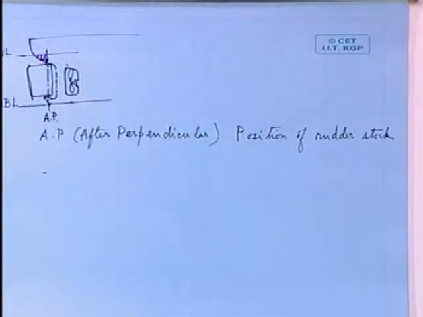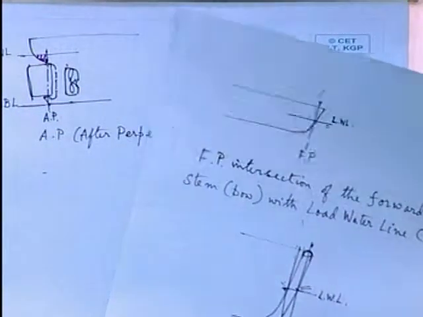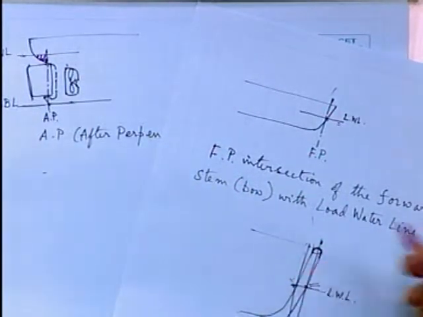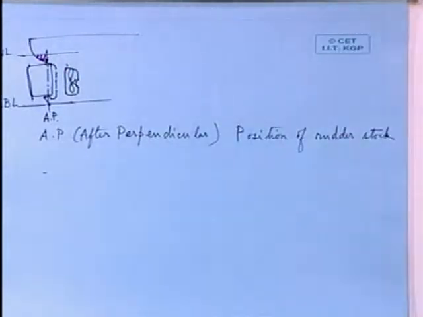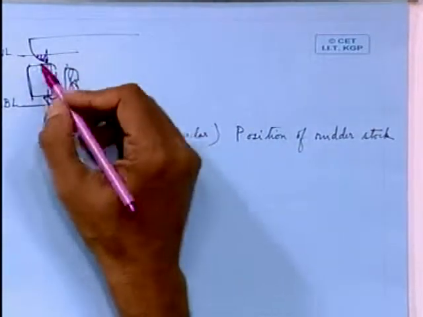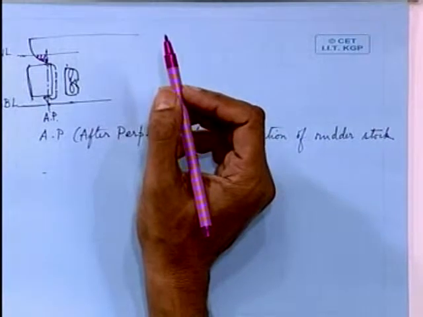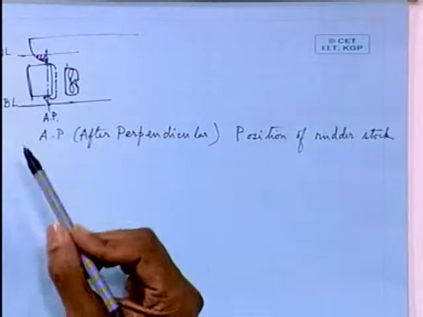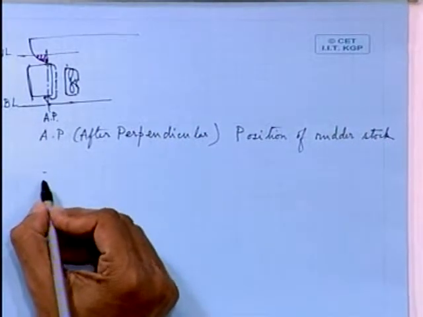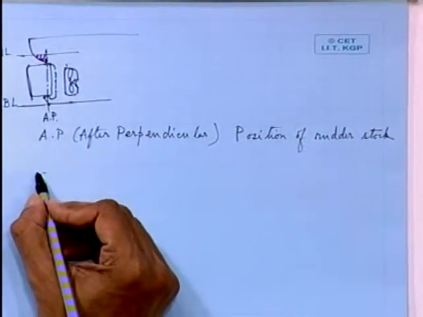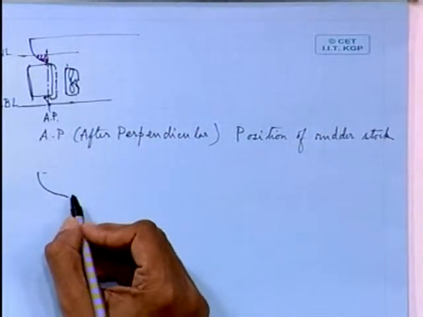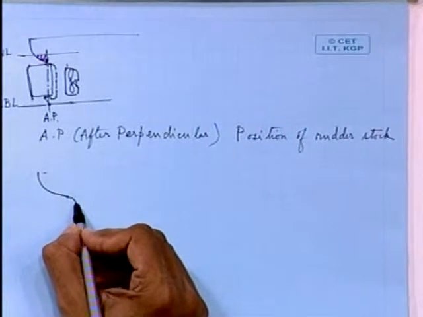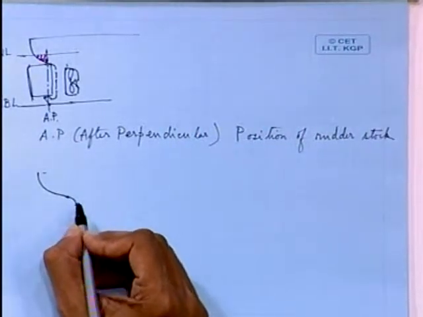Like in the definition of your forward perpendicular, you are making some excess volume because of the stem bar, and here at this turn, because of the location of the AP, you are leaving out some volume, isn't it? So anyway, that is normally acceptable, but say if you have a spade rudder, if the displacement of the ship is quite large, say in tankers and cargo carriers,